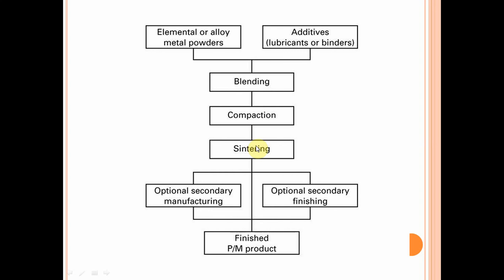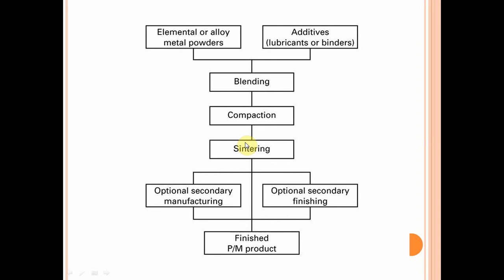What is sintering? Sintering is basically a heating process, heating up to a certain temperature which is below the melting point of the metal powder. Suppose we take the example of titanium or tantalum, which has a certain melting point. In sintering, we raise the temperature to a level lower than the melting point of that metal, so the metal powder will not melt in powder metallurgy.